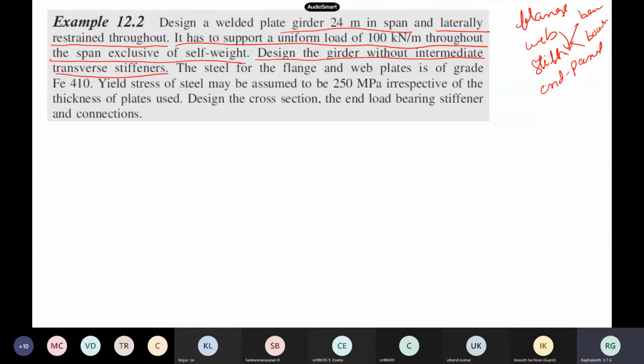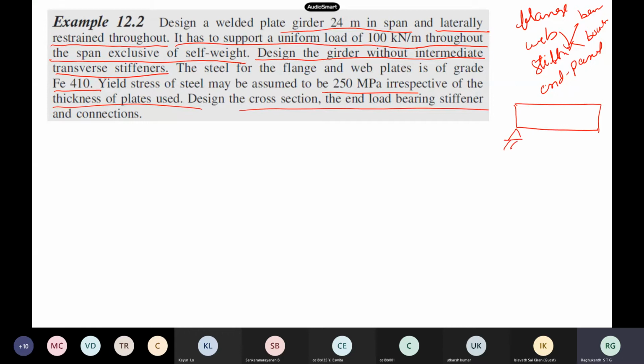Okay, so now let us see this simple problem. The steel is of Fe 410, yield stress 250. Everything has been given. Of course, here he has provided something at the ends. This is my plate girder.